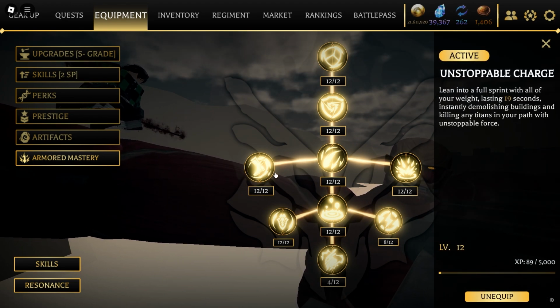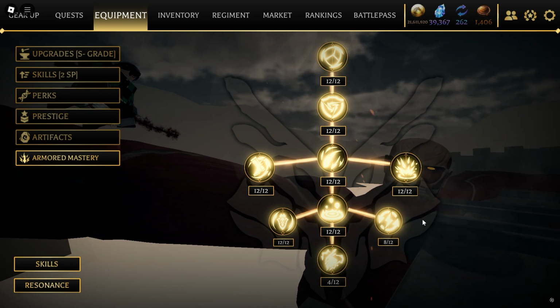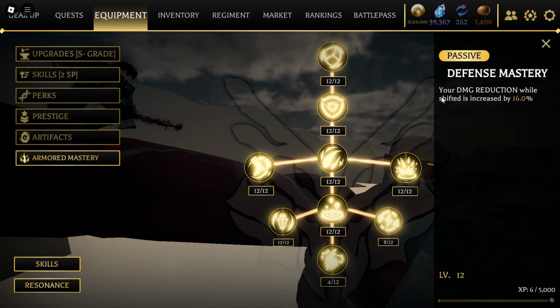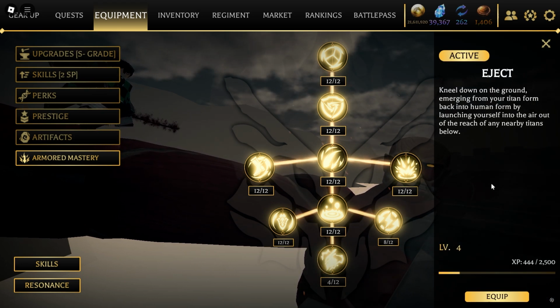Now with skills like Unstoppable Charge, Titan Toss, Earthbreaker, and War, you pretty much gain XP by getting kills using the skill. Shifter mastery, you level up by just taking damage, and defense mastery, you pretty much level up by killing titans with your fist. Eject is basically the same thing. You just either level up by 1 just having the skill equipped and just using it over and over again,